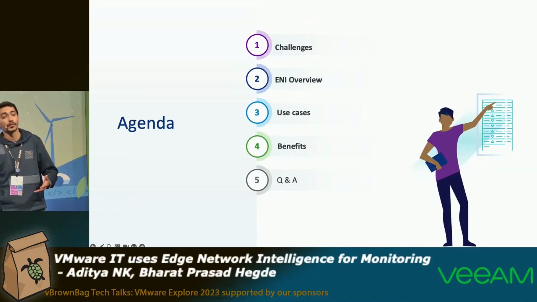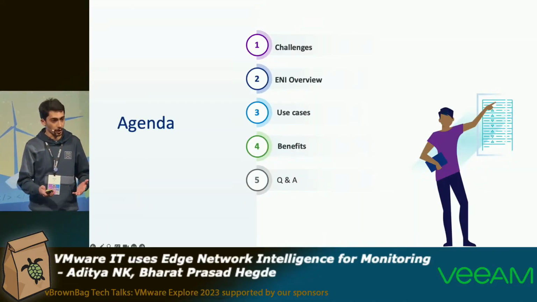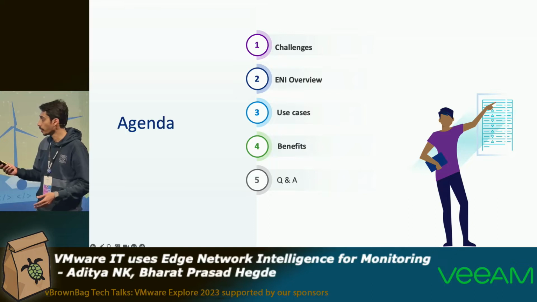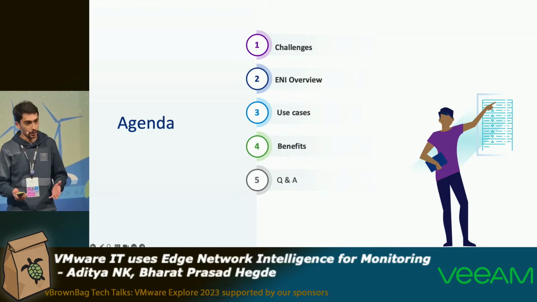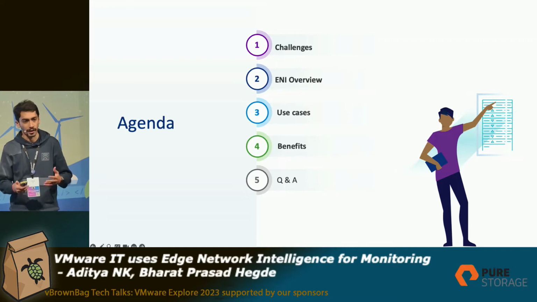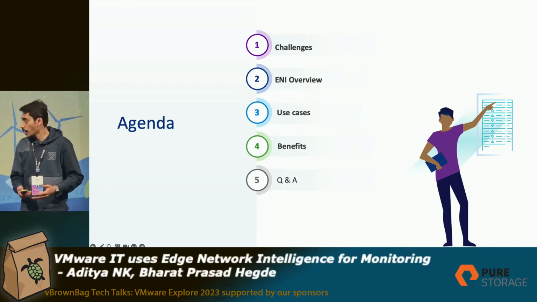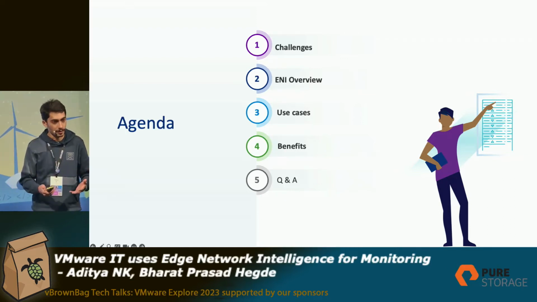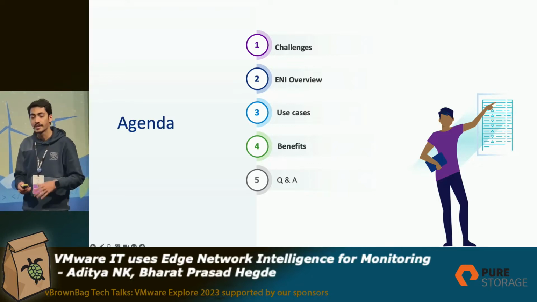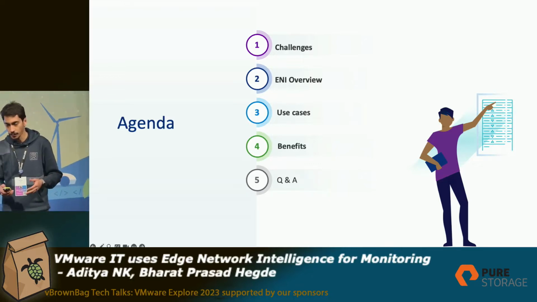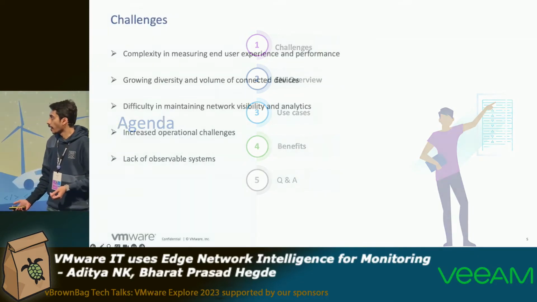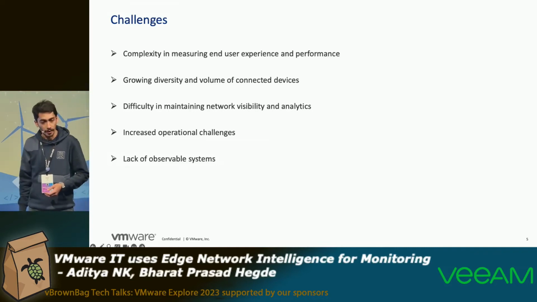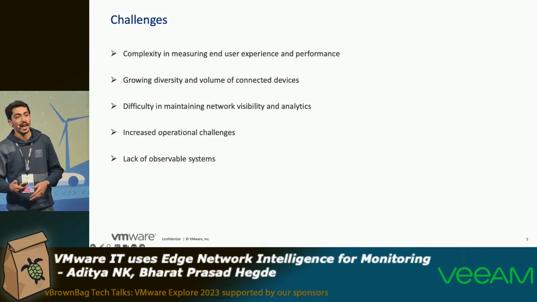We'll be discussing a few challenges in the edge monitoring space today. We'll go over the overview of ENI, that's the deployment model, the architecture, and the different data sources from which ENI can gather data. We will go over a few of the use cases that we found useful, and we will see the key benefits that ENI provides. And you can come to us with your questions offline. We'll be here to talk. And with that, I'll hand over to Bharat to talk about a few of the challenges that we are facing